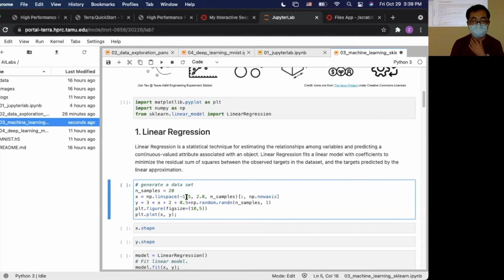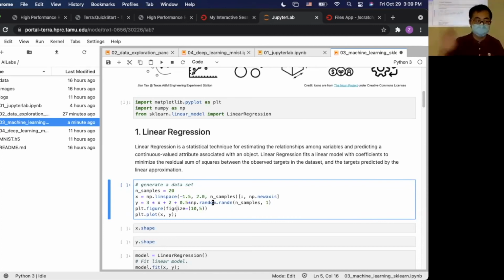So let's see the data points. We have 20 data points, and we add a new axis, so it will be 20 by 1. This will be a 2D array after we add a new axis. We also create a Y based on X, and we add some randomness.